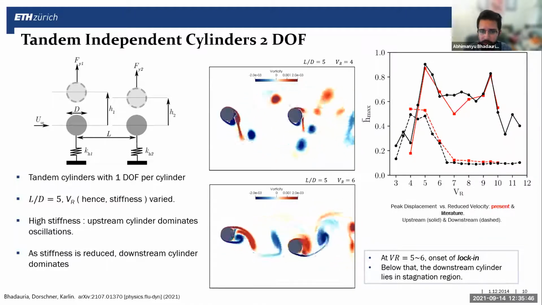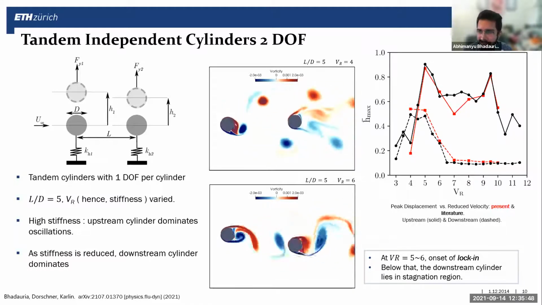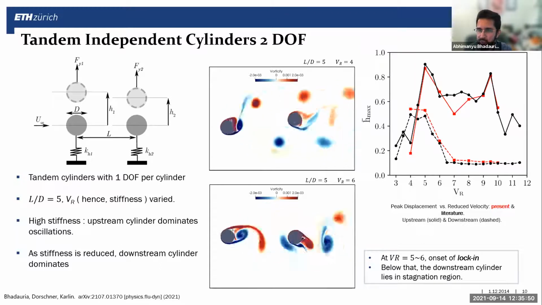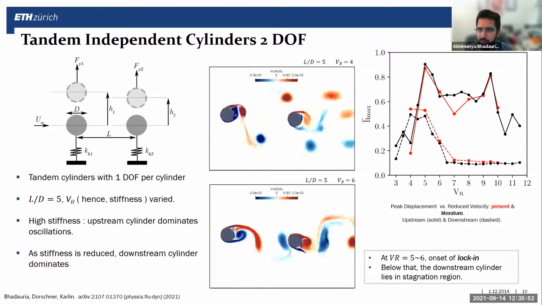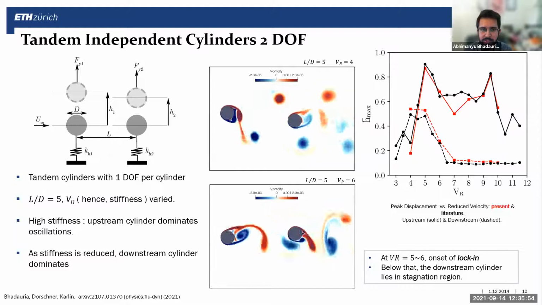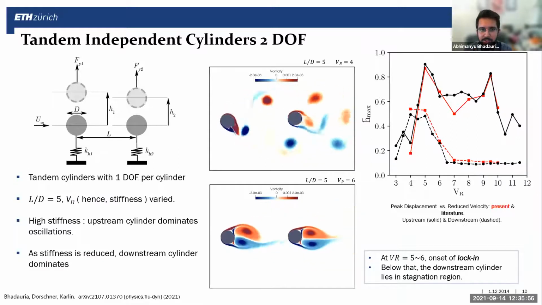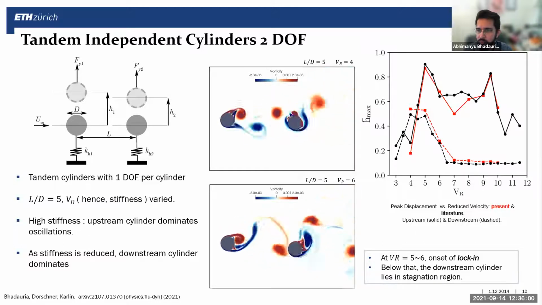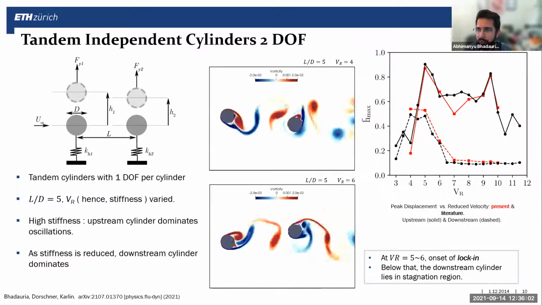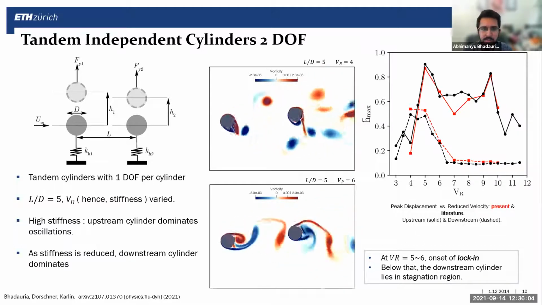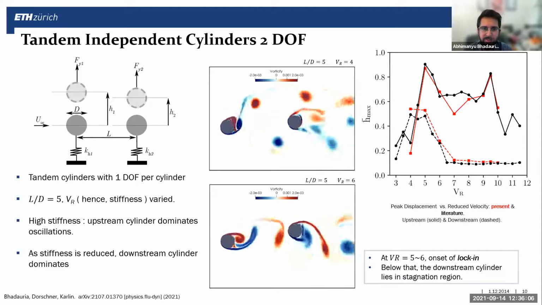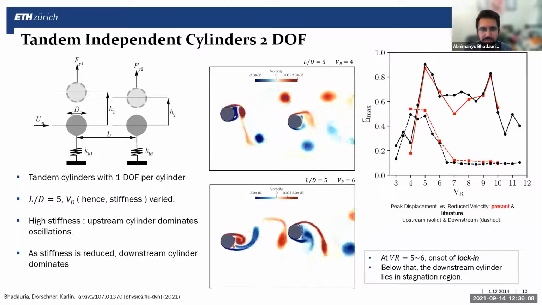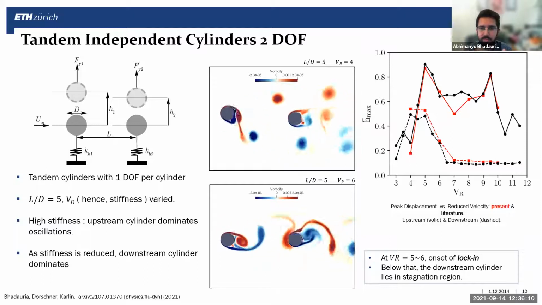For values of high stiffness, when the spring is super stiff, you see that the upstream cylinder is the one that leads the oscillations. It has high vibrations, and it locks in to the natural frequency of the cylinder, and it causes the downstream cylinder to be sitting between the vortex trails, thereby experiencing lower values of lift coefficient and